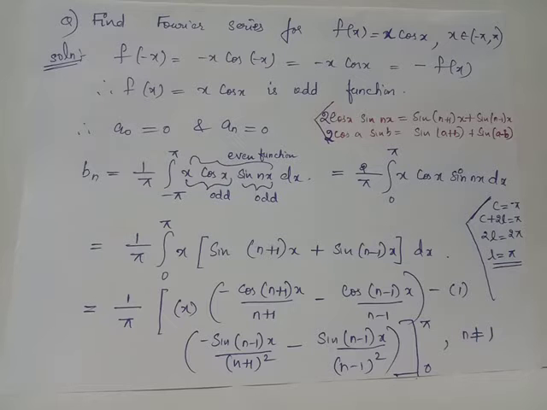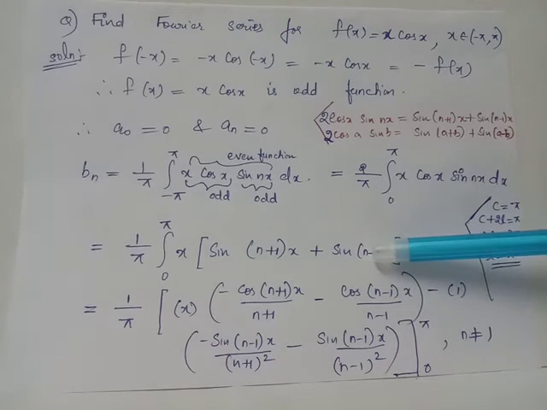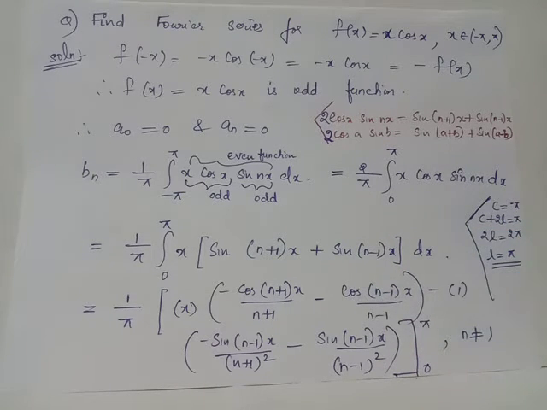Here we will integrate using integration by parts, considering x as the first function and this square bracket as the second function. We will write the first function x as it is and we will write the integral of this complete function here. Minus the derivative of x with respect to x, which is written here. The integral of this function is written here. Next time when we take the derivative of the first function, it becomes 0 and hence we can stop the process of